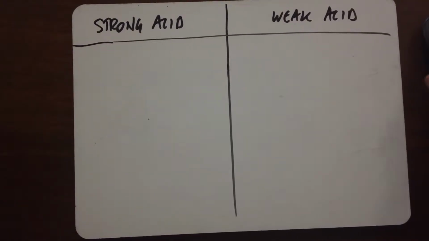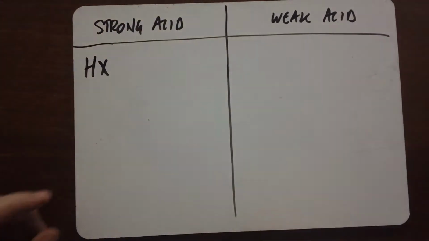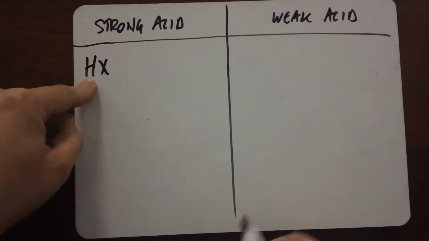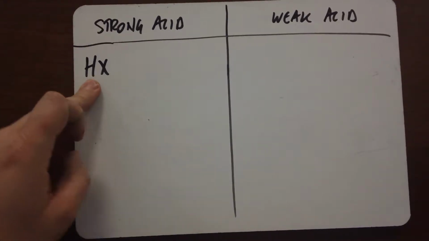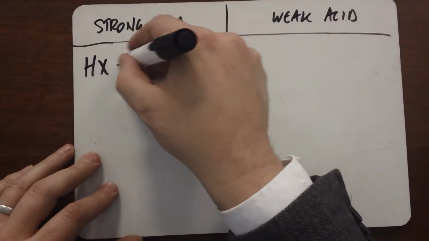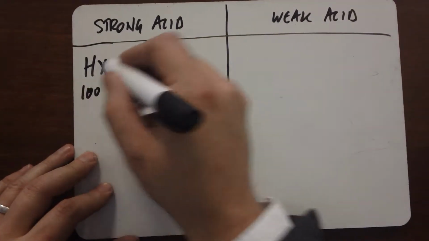Strong acids, weak acids, what's the difference? Well, strong acid, let's take the HX. HX, it's got H in it, which makes it an acid. All acids have got hydrogen in. The difference between a strong acid and a weak acid is that if you were to take 100 or 1,000